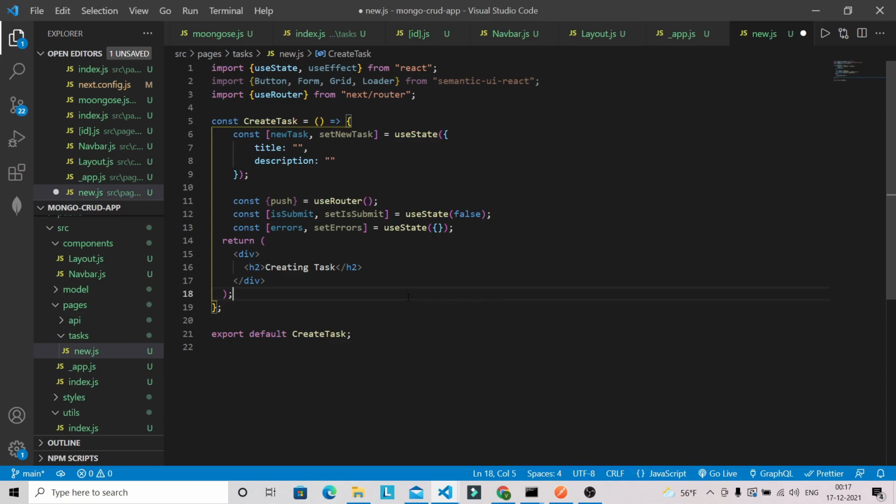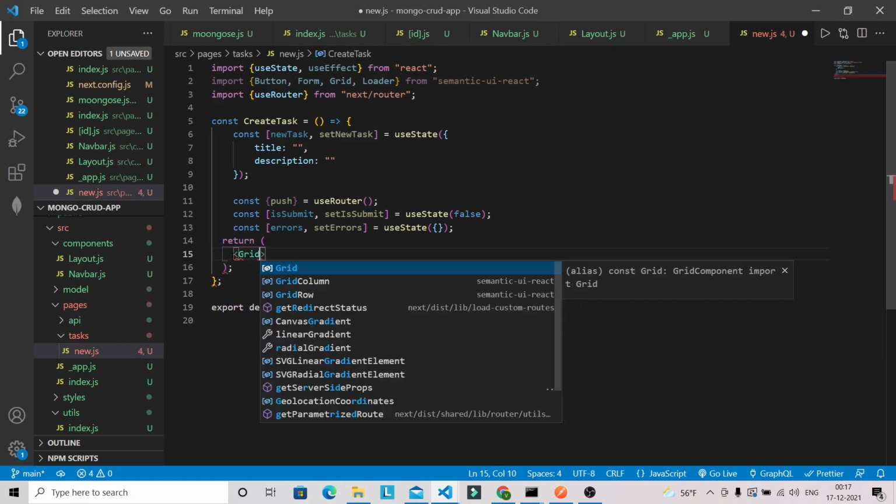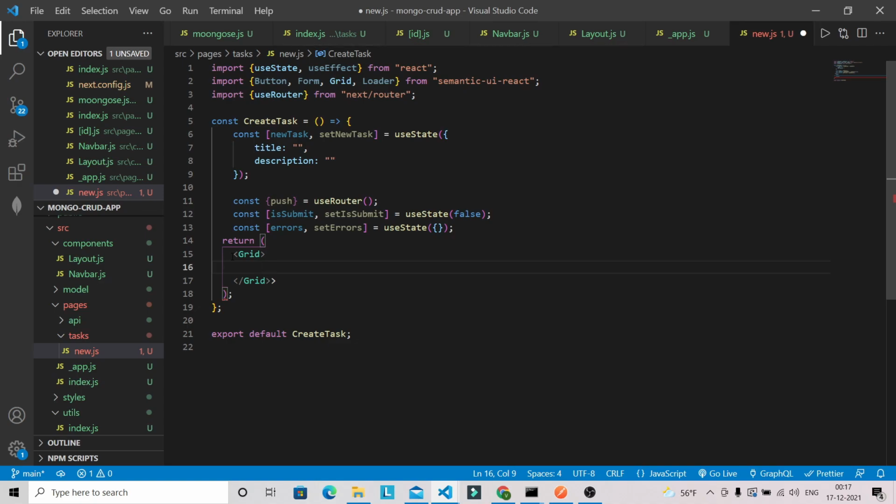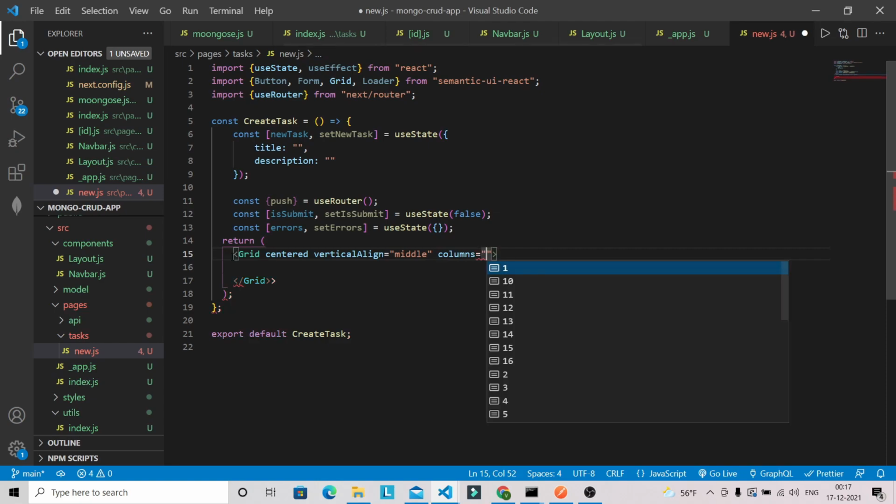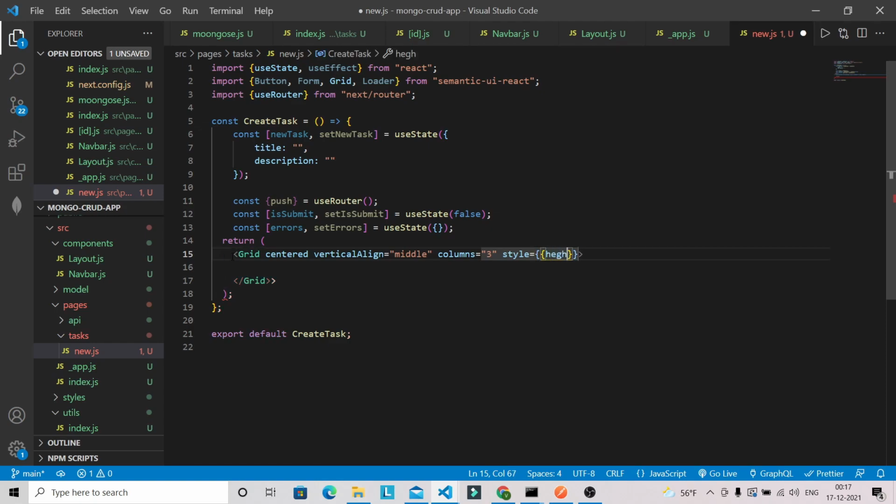And after that let's work on our form component first. So inside this return we are going to have Grid. We need to pass some props: centered, verticalAlign, so it will be in the middle, columns 3, and then we are going to provide the inline style. So height I'm going to give 80vh,